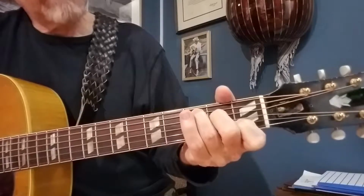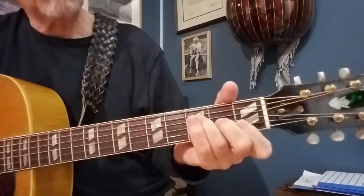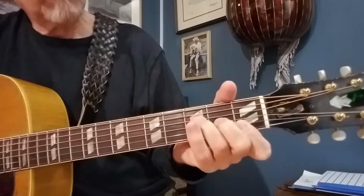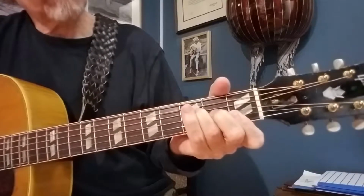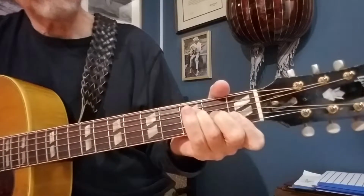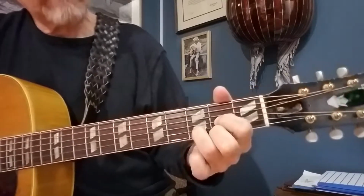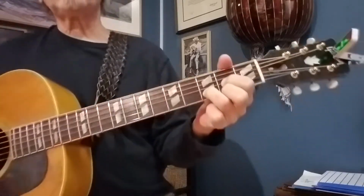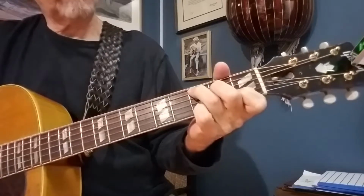You do a mini barre on the first 2 strings at the 1st fret. Bring those middle fingers down to the ground again, closer to the ground, and then all the way down to the 1st and 2nd strings. There's your D chord. So the point of this quick lesson